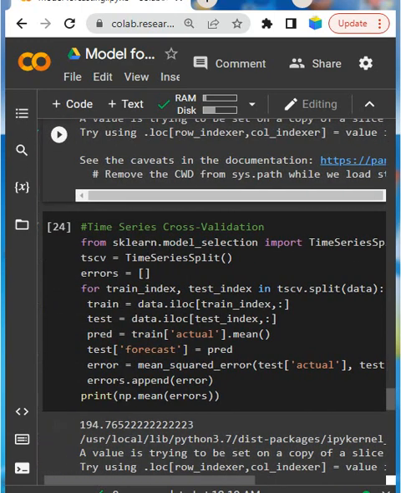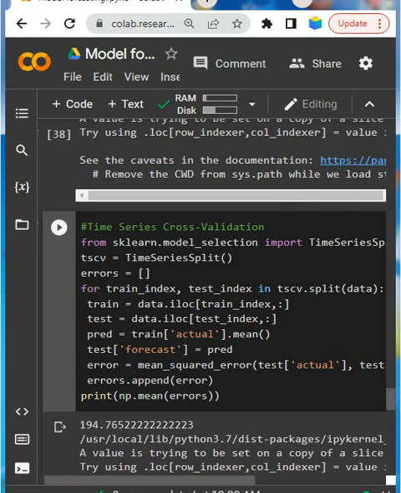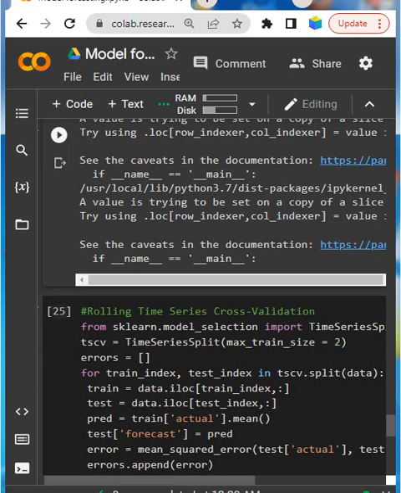So look here, this one is 194.56. So this method's cross validation estimate of the error is 194.7. Again, this error should not be used as a stand-alone, but as a way to compare the performance of multiple methods on the same data.